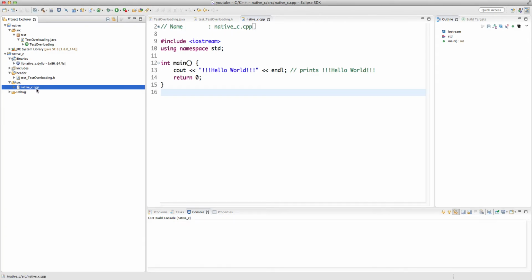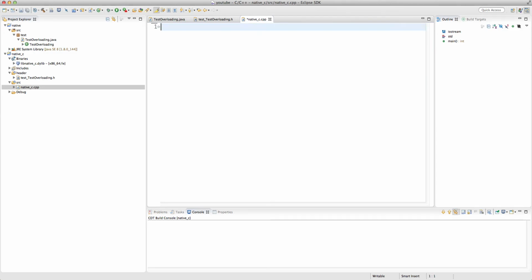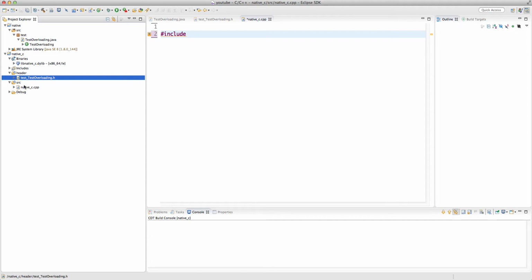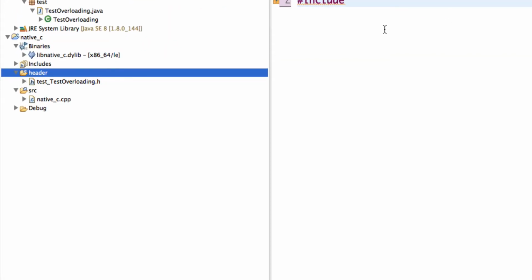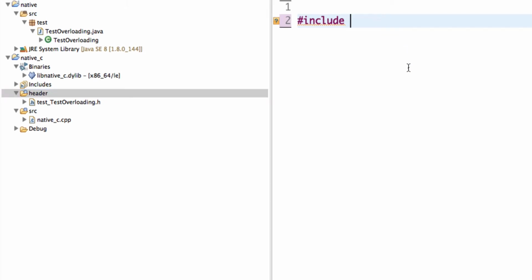So what do we need? Obviously I don't need this main method. What I need first of all is to include this file, this header file. But remember, this header file is now in another folder, so I have to specify the relative path. How do we specify the relative path? We use the double quote, dot. And if I hit Control Space,